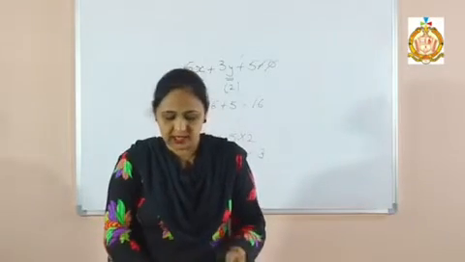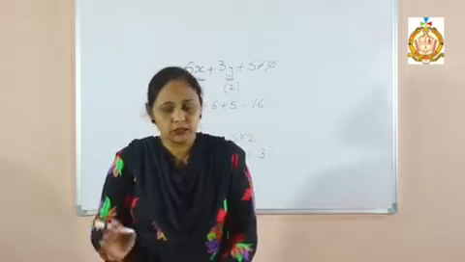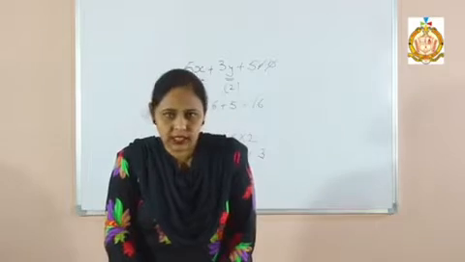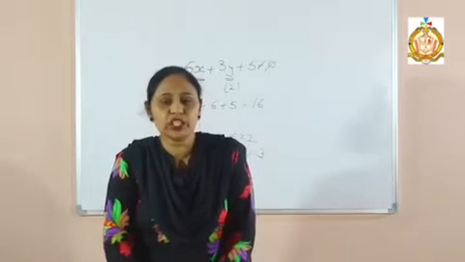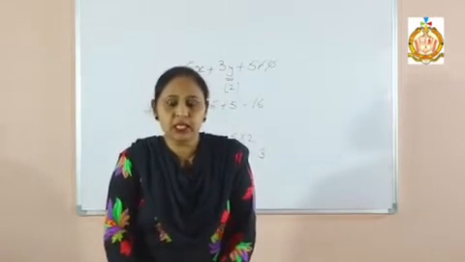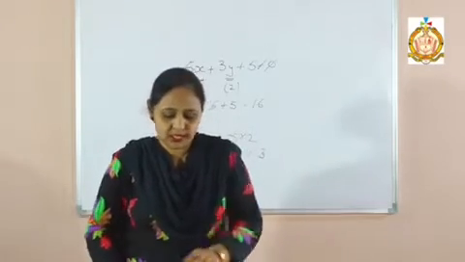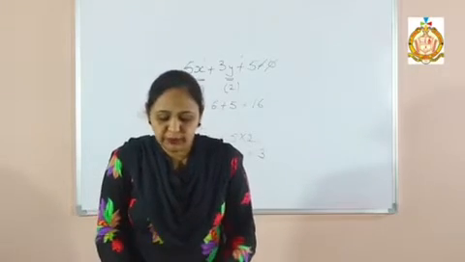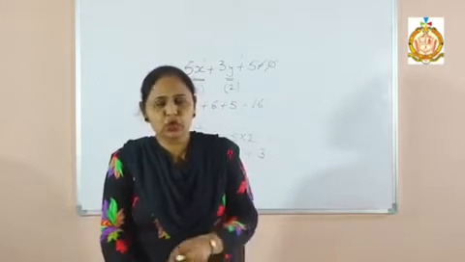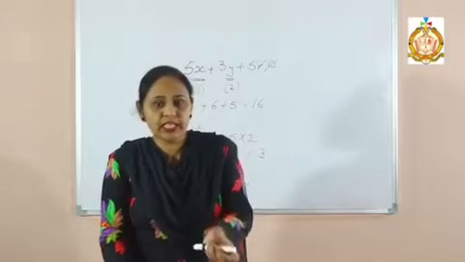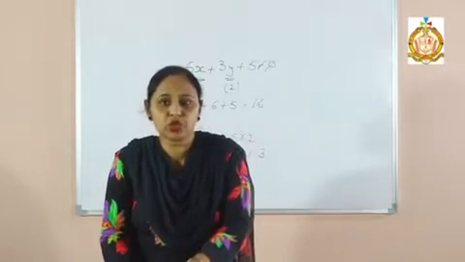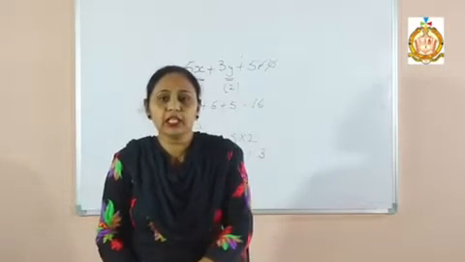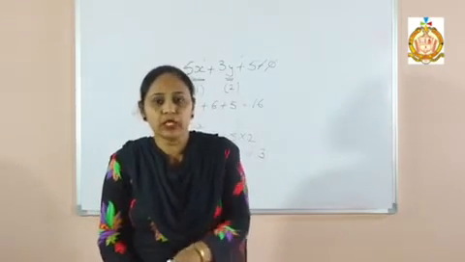Now in the first exercise, how many methods are there? 4 methods. The main 3 we have to just identify in the fourth exercise. In your syllabus there is 6a, 6b, 6c, d is not in your syllabus, then e is there. That means a, b, c and e we have to do. Next, start with 6a. In this exercise, the first concept is we have to eliminate by substitution. We already listened to the word substitution. One teacher is absent, that means another will come at the place of her or him. That teacher takes the substitution. Like that, we will now take substitution of the variables, that means values of x and y.